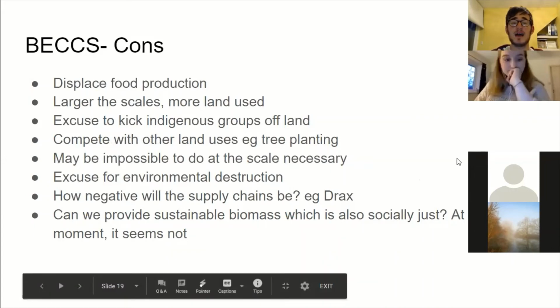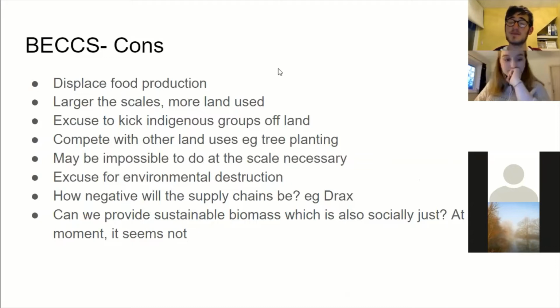Also, there are problems with BECCS, though, and I think there are lots of problems with BECCS. Firstly, it can displace food production. We need loads and loads of land to grow for this. The IPCC is saying to reach 1.5 degrees, which is, bear in mind, a lot less ambitious than what I'm proposing, we'd need land 3 times the size of India if we were going to rely on BECCS. We don't have that much land available to use for this. And even if we did, that's going to displace food production and is going to mean millions of people might starve.